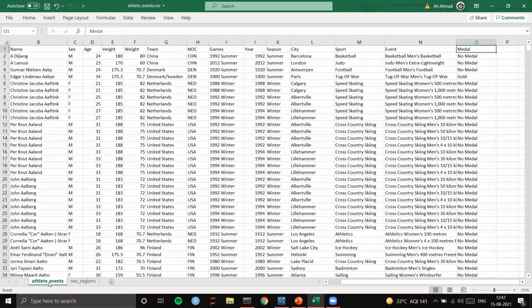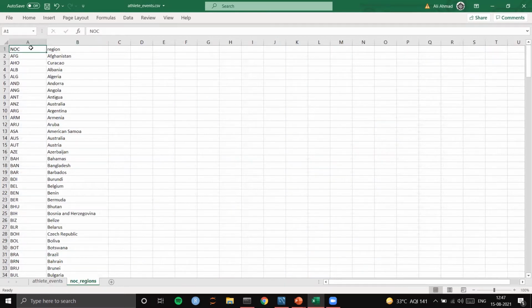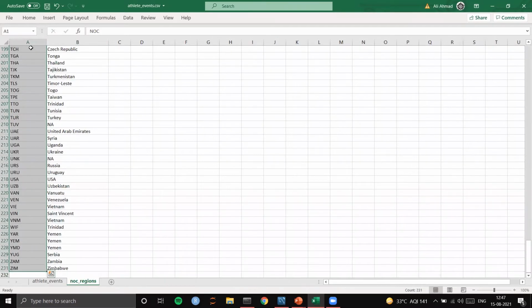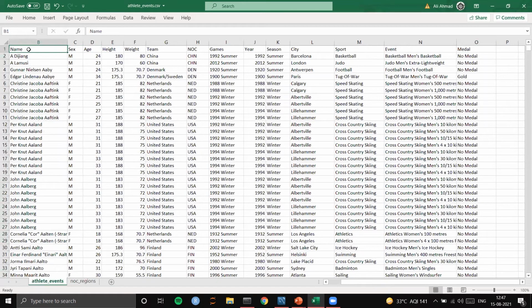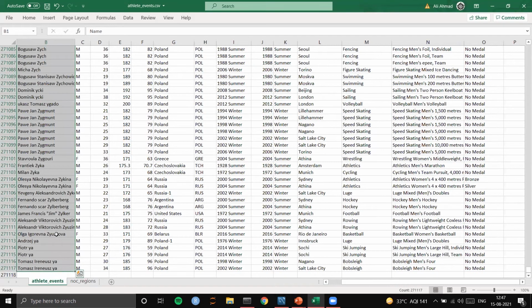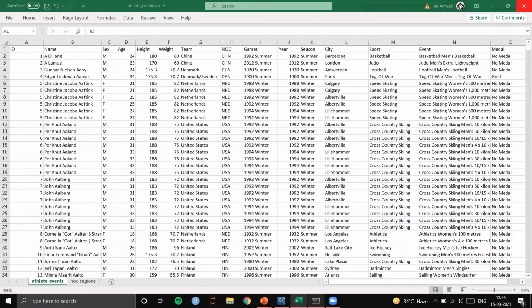The NOC region table consists of nearly 230 rows, so it can be imported using the table data import wizard, whereas athlete events consists of more than 27,000 rows. So this table is ideal to be imported by the command prompt method, which takes very little time in importing the data.